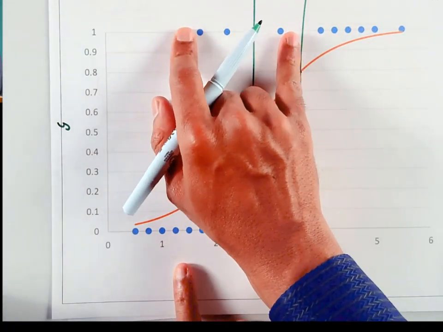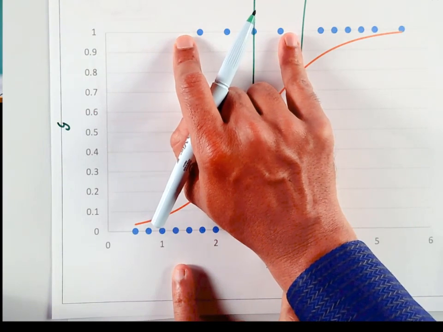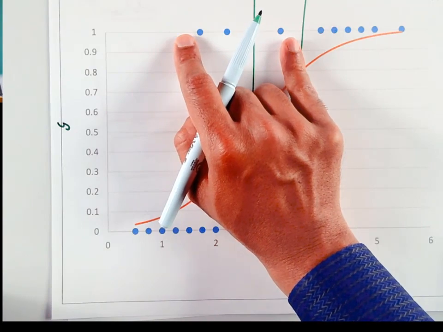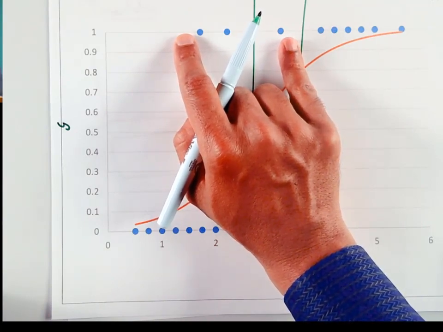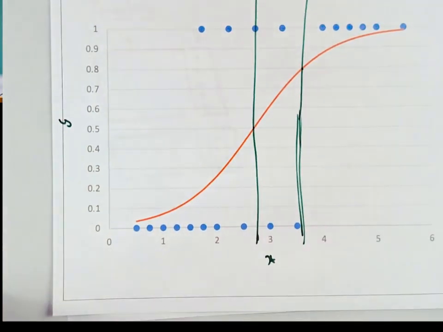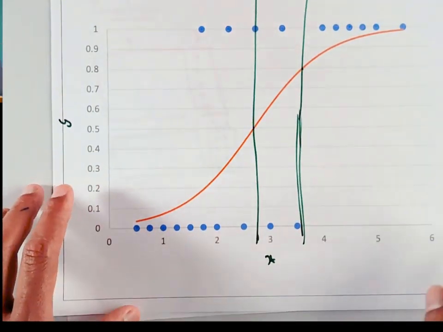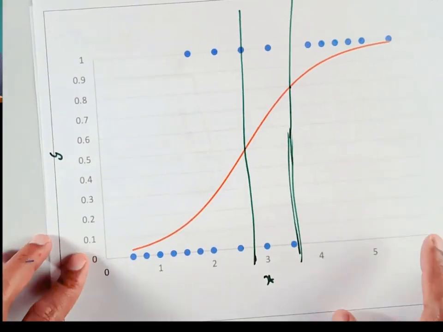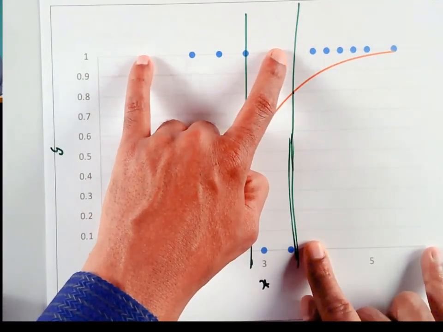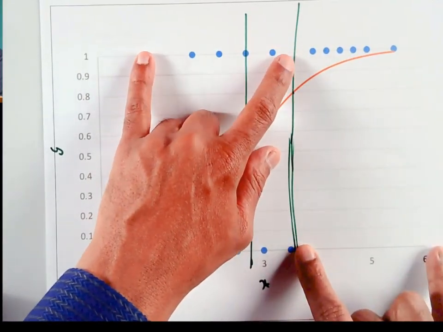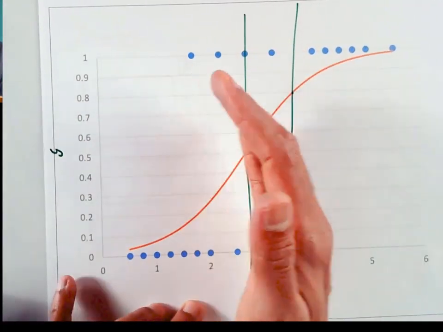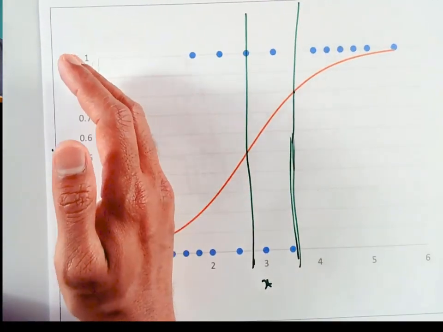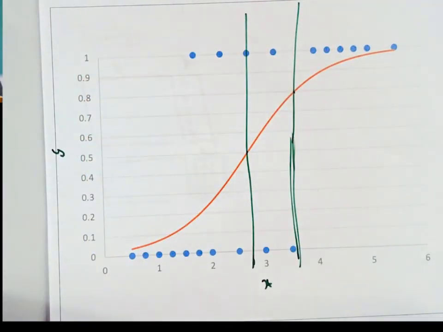Of course, I lose opportunity cost on 4 people. These 4 would have been people who would have repaid if I'd given them the loan, but I didn't end up giving them the loan. But the cost of those opportunities is much lower than the cost of default. So in very many of these classifications, depending upon the context and the cost of the different kinds of misclassifications, you might want to draw the threshold in a different place. Remember, for each value of threshold you draw, you will get a different confusion matrix. What's a confusion matrix? A confusion matrix